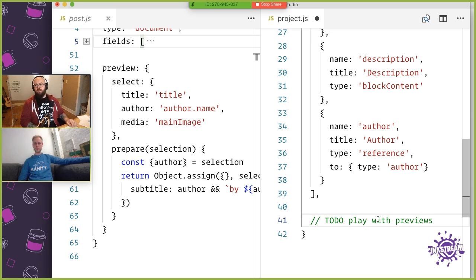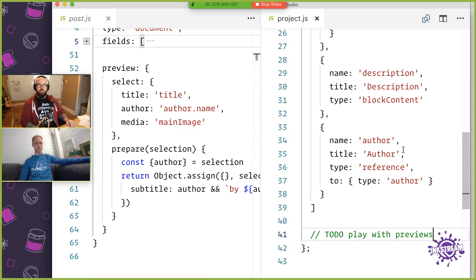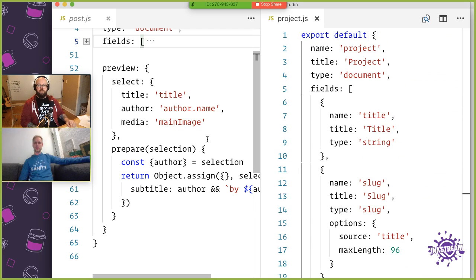Let's get some data in, get some projects built, and then let's come back to this. Because I think I know what you mean, but I think it'll be much easier if I can just see it. Yeah, it's much easier if we have some data to play with. Okay, so I've saved my project,